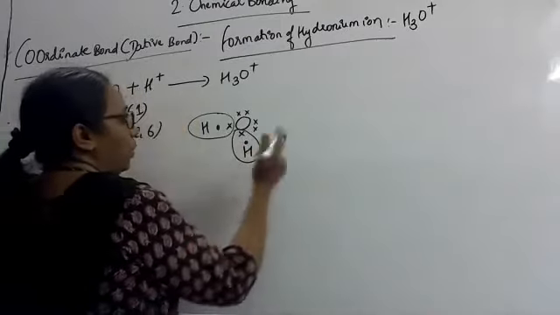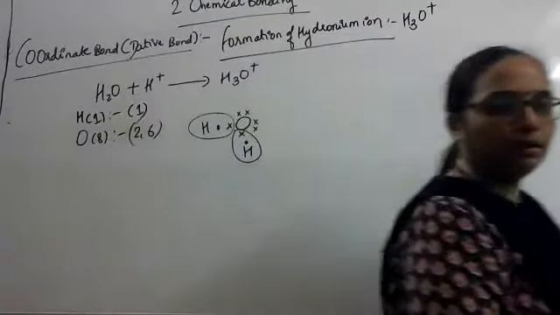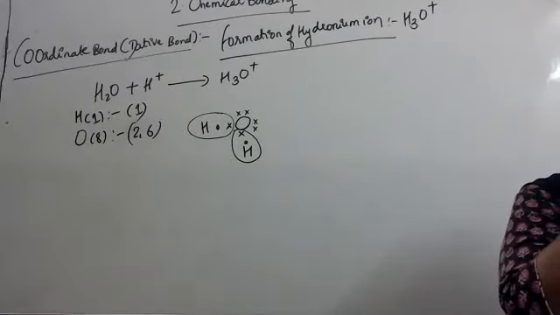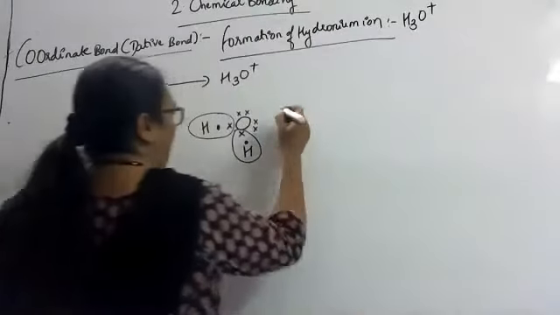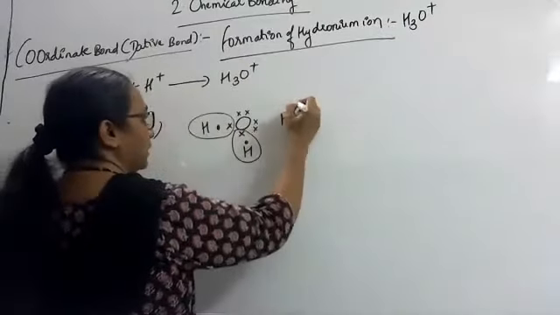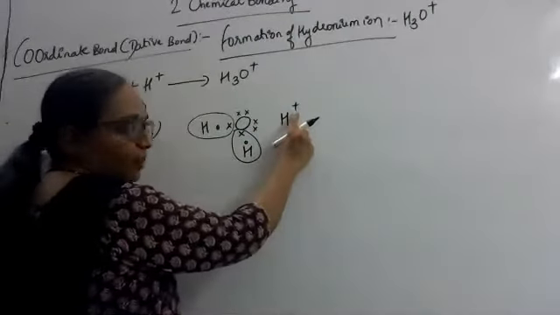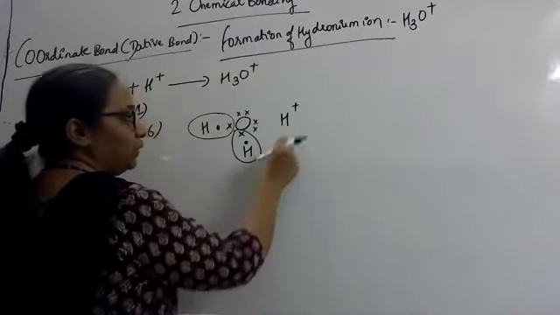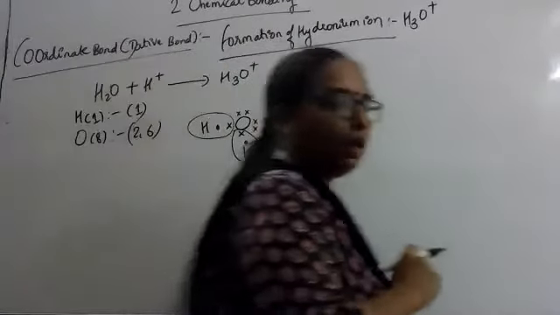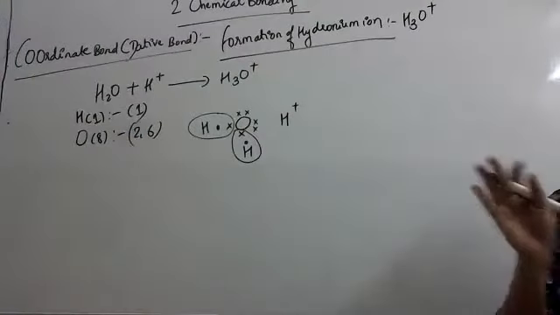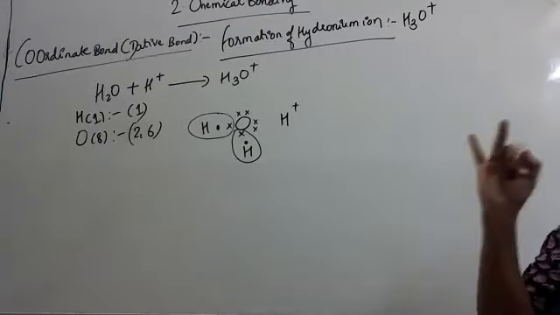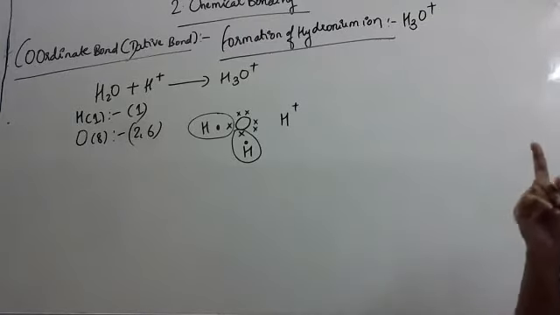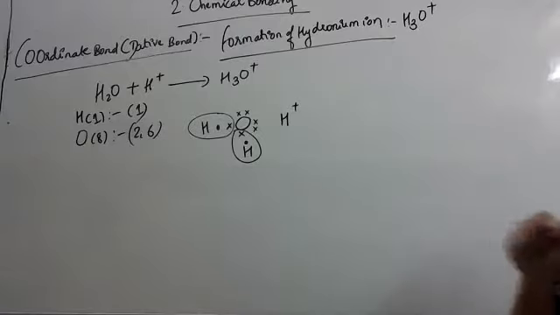Now, one more hydrogen ion or a proton is to be added to this. Hydrogen with the positive charge is called a proton. So this hydrogen ion we are adding to it. Plus charge indicates there are no electrons present in the shell of hydrogen. It has no electrons in it. The s orbital. We all know that hydrogen atom has an s orbital. How many orbitals are there? S, P, D, F. Hydrogen atom has an s orbital, which is spherical in shape.